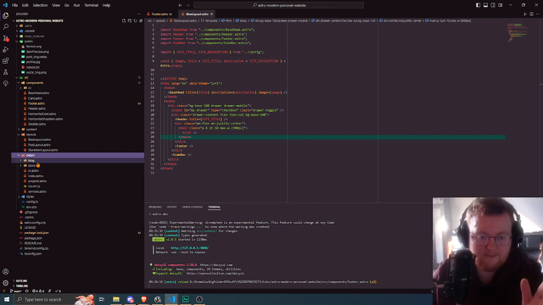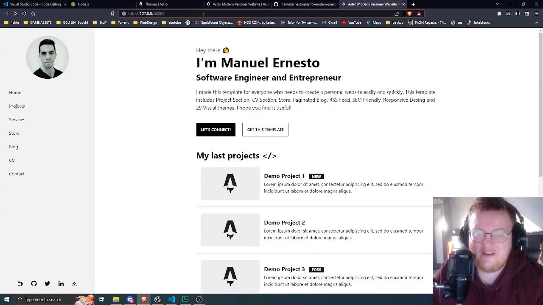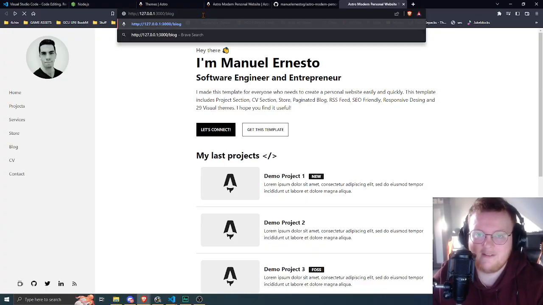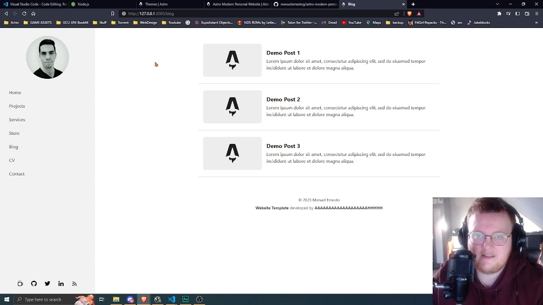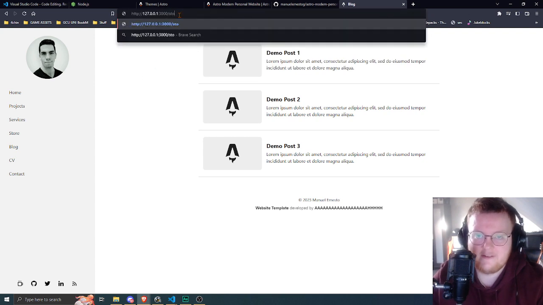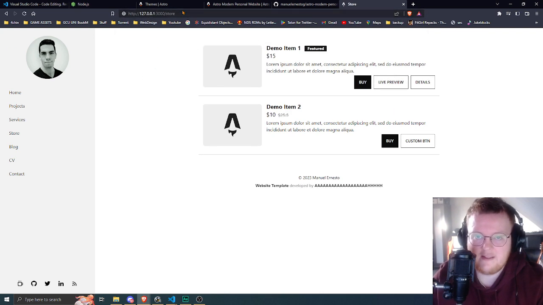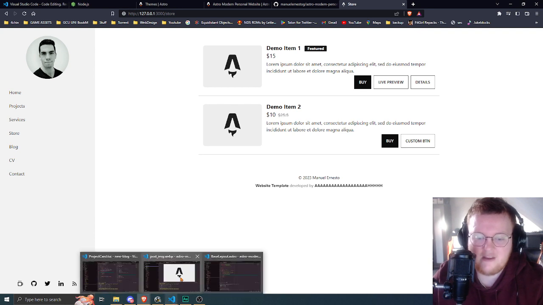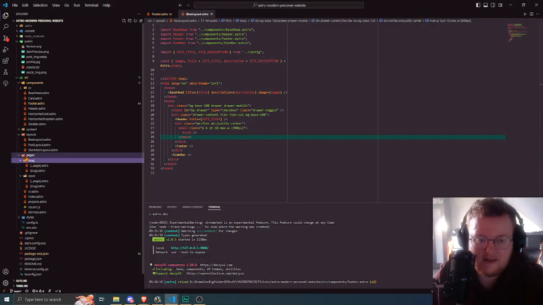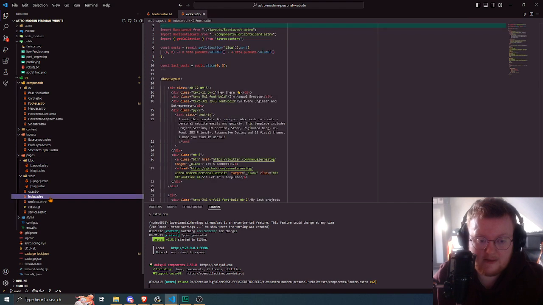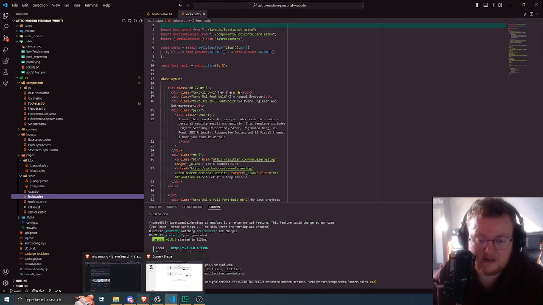You'll see blog and store. If I go to my website and type in /blog, it's going to take me to that section of the website. If I do /store, it's going to take me to that section of the website. And basically what I'm trying to explain is the structure of the pages folder matters, because that's how the navigation of your website works. So we're going to go to the index page,